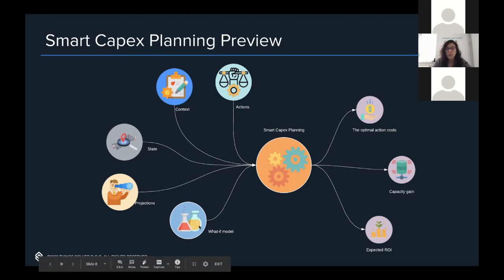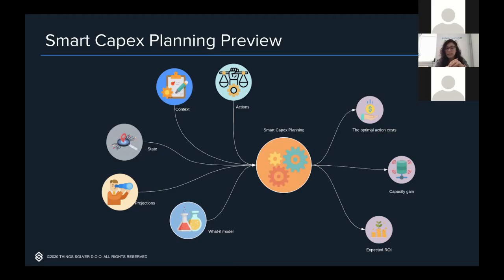Besides these three, we also created a what-if model, so to say. The what-if model had the main task of generating the answer of what happens if we change some parts of the network, some KPIs, and what happens with the rest of the KPIs. Besides this, we also had a predefined set of actions. Those are the possible expansions that you can perform within the network. And the idea was to combine all these inputs,